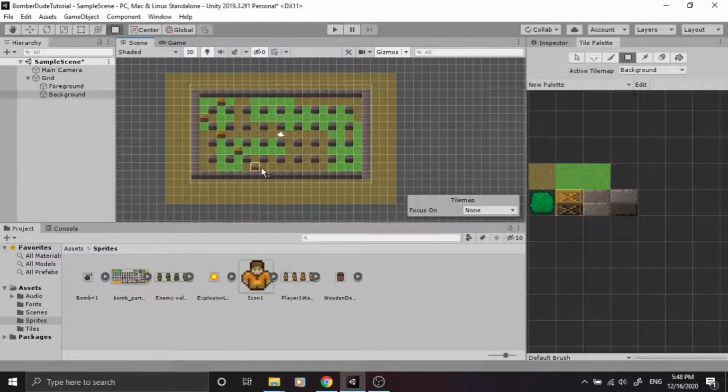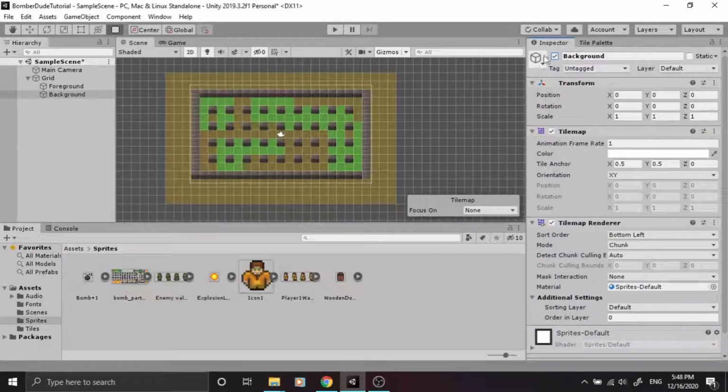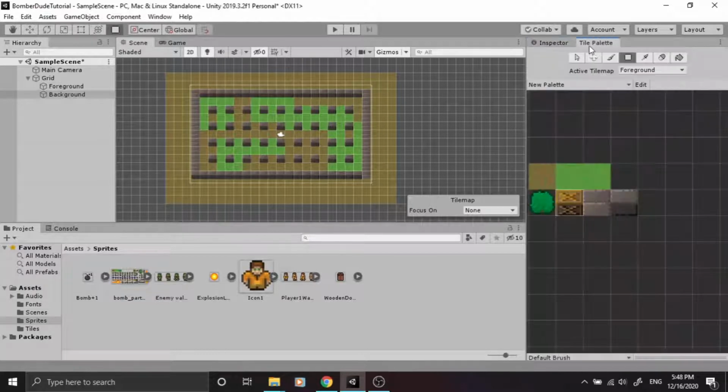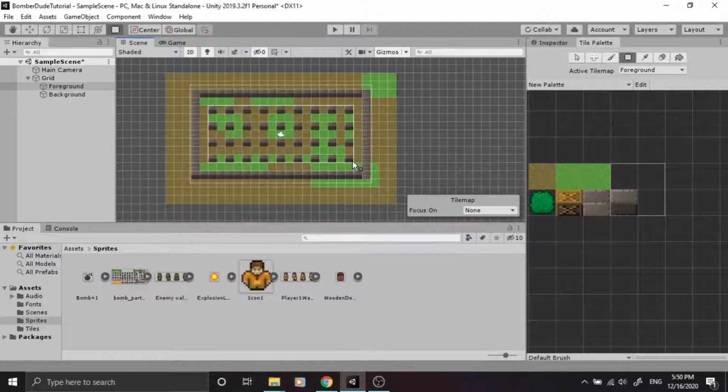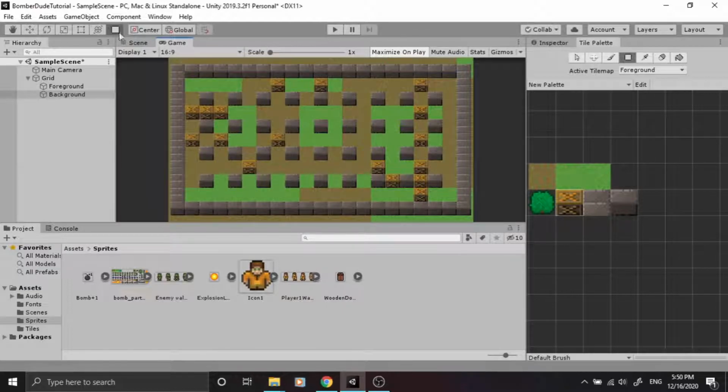Okay, I accidentally placed it on background. Let me just undo the changes and quickly fix this up. Okay, and now you can see that our level is done.